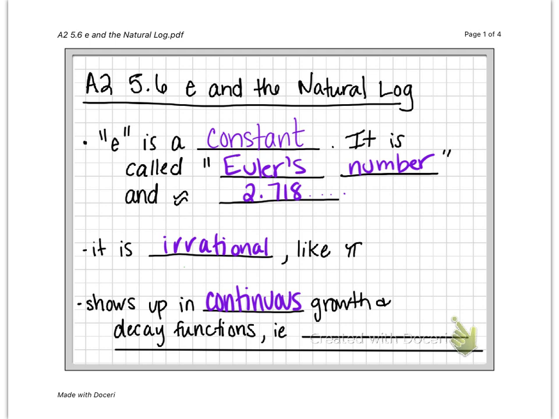But if it is being compounded continuously, that's where we would use E. This number shows up in that computation. So we'll see it in growth and decay functions such as radioactive decay, continuously compounded interest,